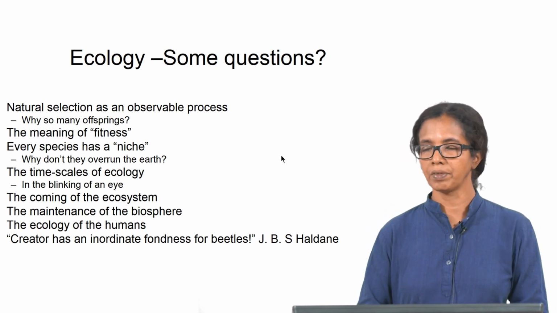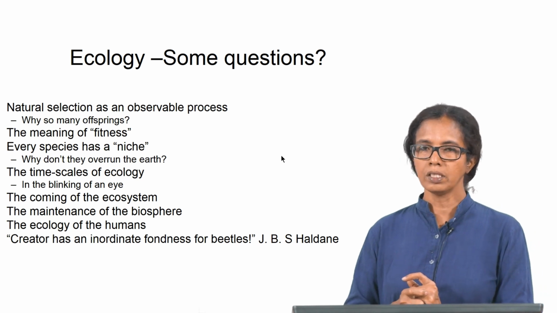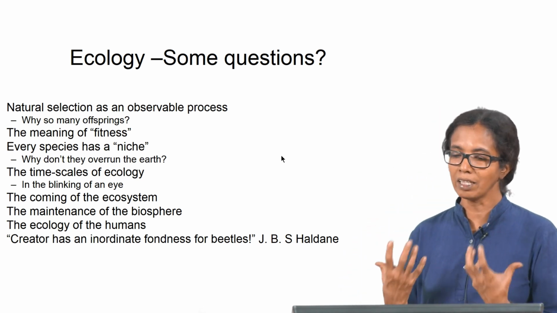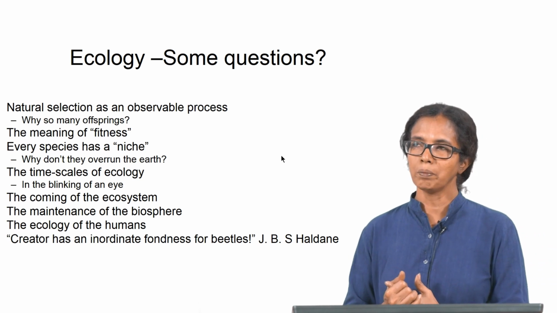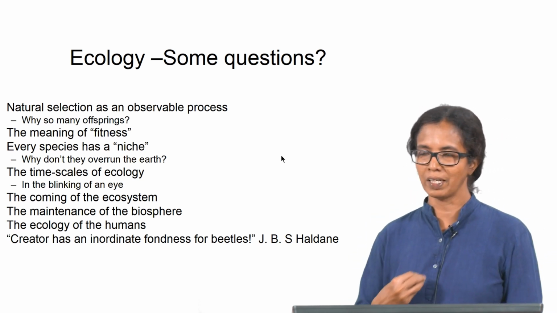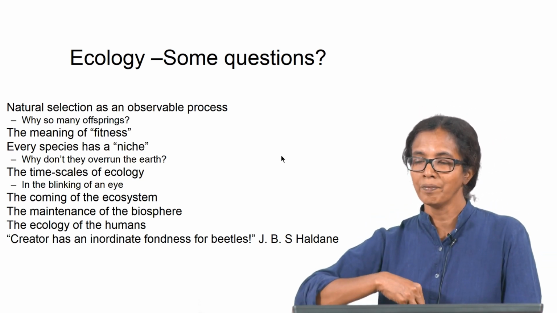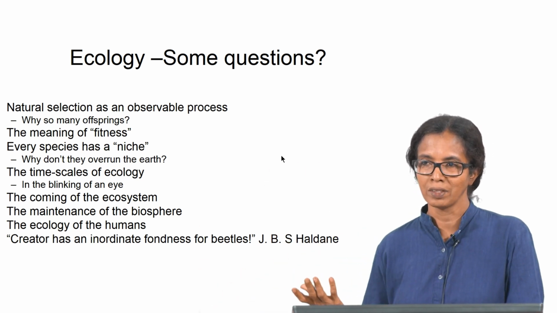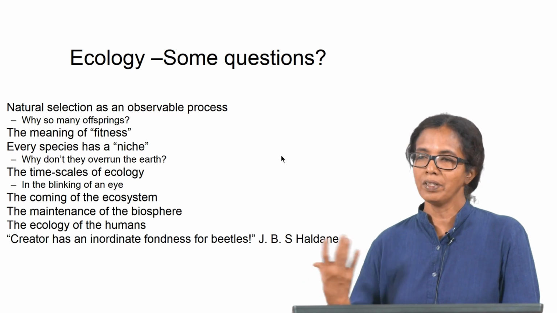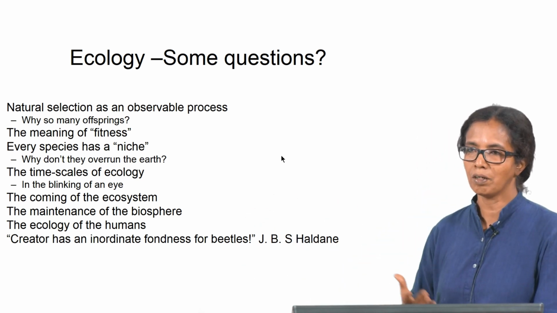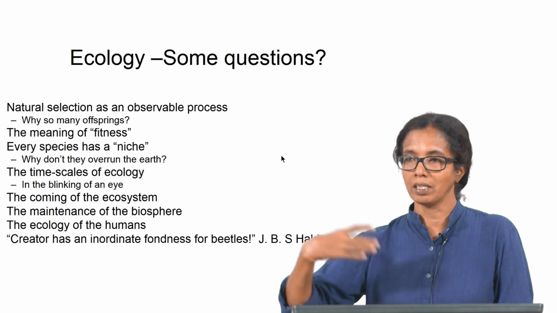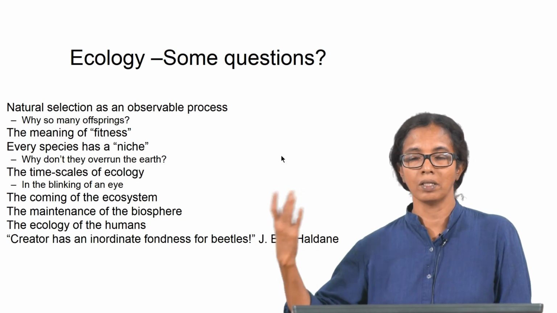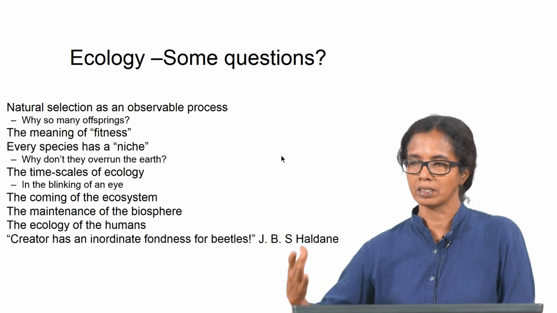Then the time scales of ecology are very important here. In the blinking of an eye, for our purpose of understanding, a microbe may multiply 100 times, but at the same time we will not be able to see any other transformation, let us say an adaptation or a mutation by some other animal